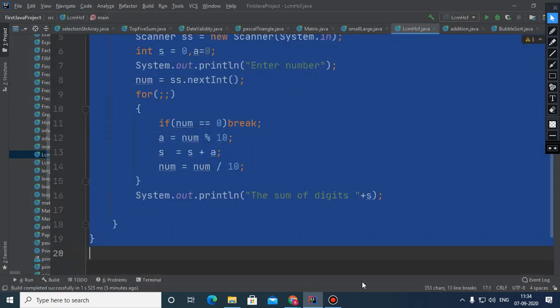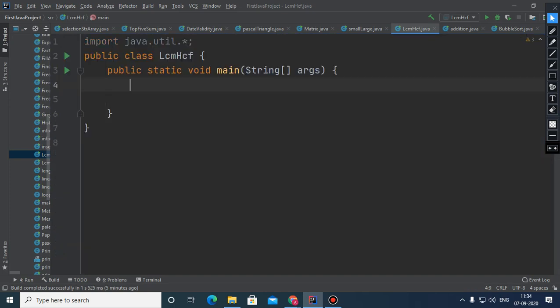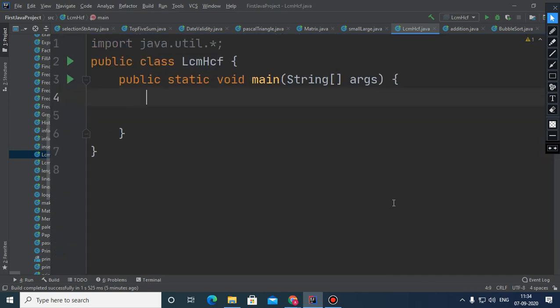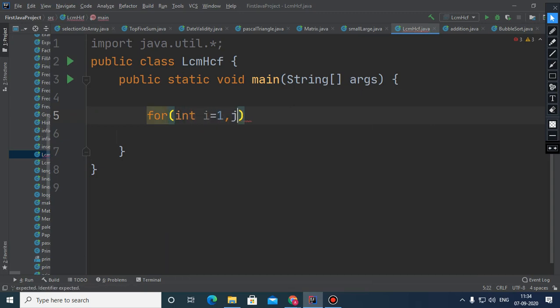Now one more thing I would like to tell you that is very important: the concept of a multiple variable loop. Children, here you can see that I have declared two variables within the initialization of the loop. Earlier I told you that one pair of semicolons has to be there.